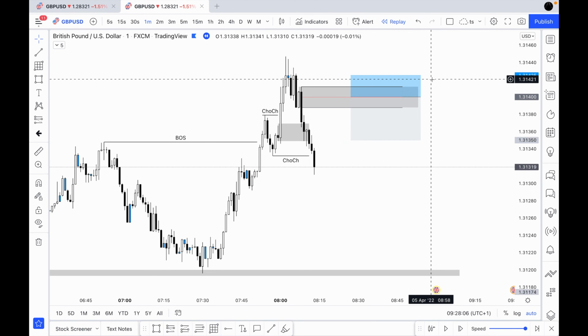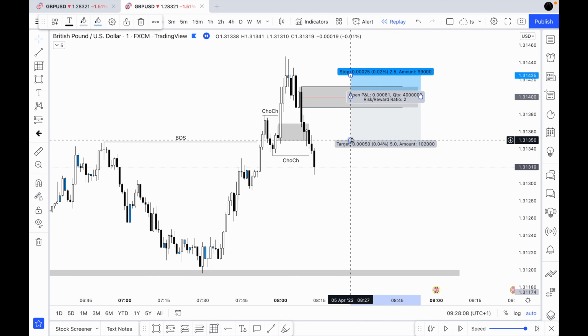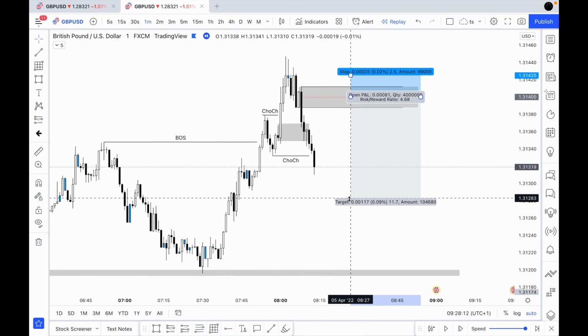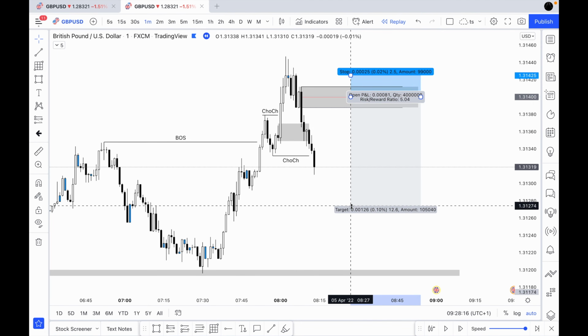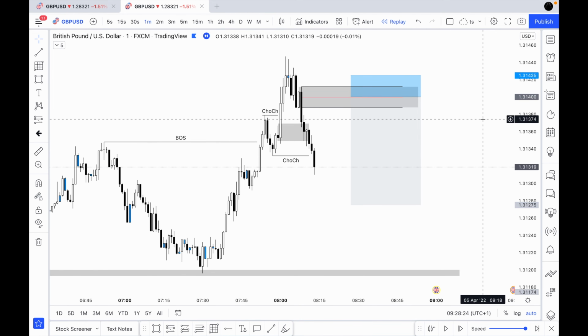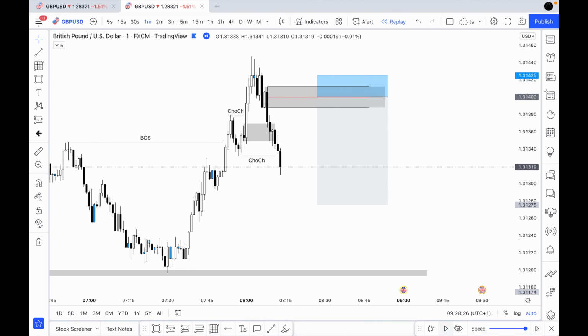So this is what I do just to ensure that I can stay in the trade. Now if you followed me enough, then you'll realise I tend to have, for my scalping trades, a 1 to 5 target. It's not very often I swing trade or go any higher than 1 to 5, but for this example we're going to stick with that. So let's advance price forward. Let's see how this plays out.